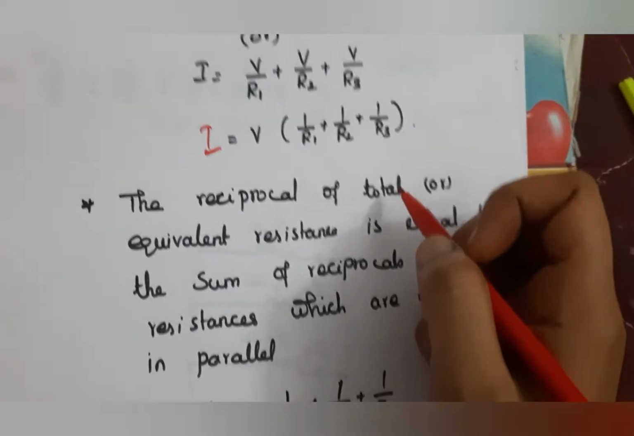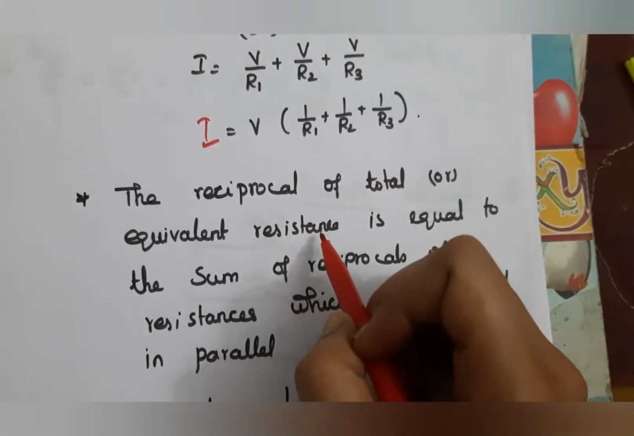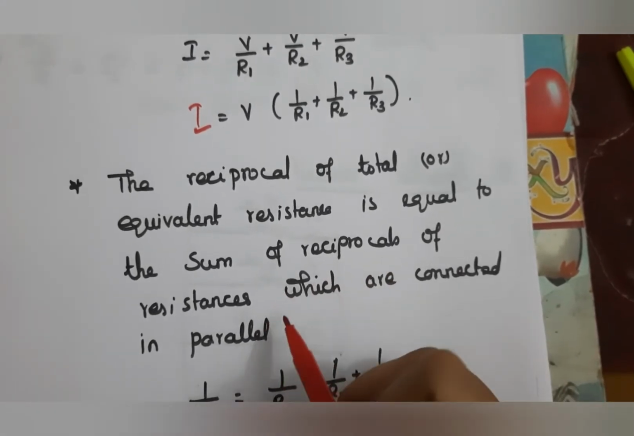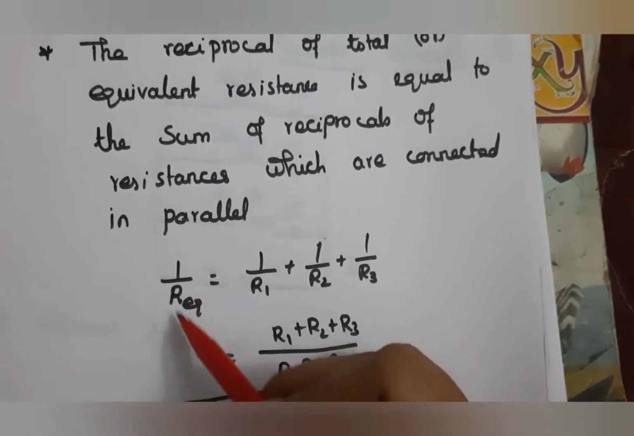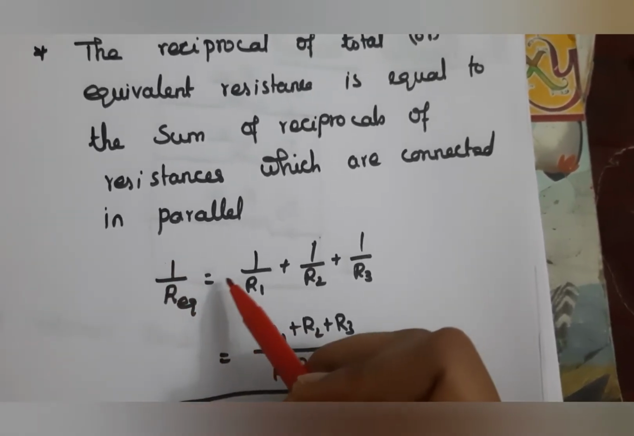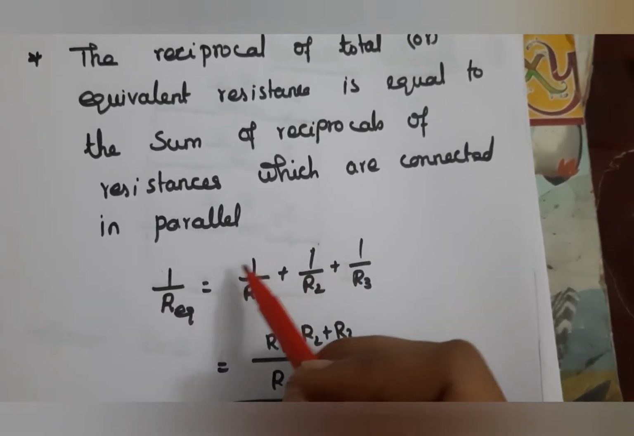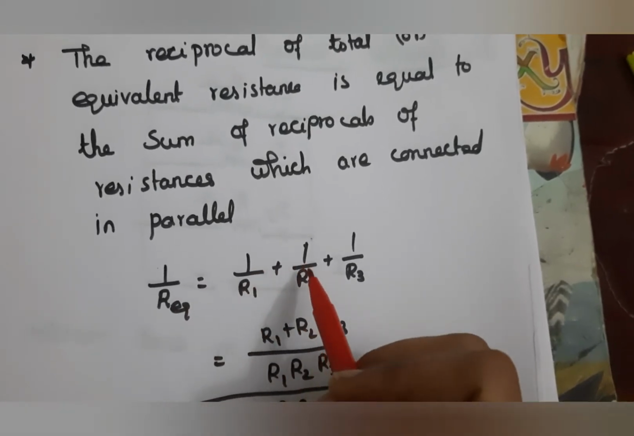And the next one is total resistance. The reciprocal of total or equivalent resistance is equal to the sum of the reciprocals of the resistances which are connected in parallel. So 1 by R equivalent is equal to the reciprocal of each resistor connected in parallel: 1 by R equivalent is equal to 1 by R1 plus 1 by R2 plus 1